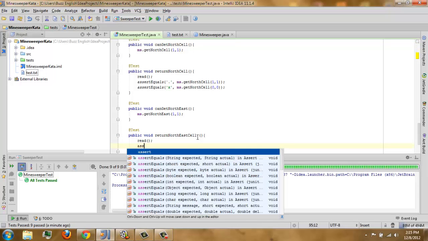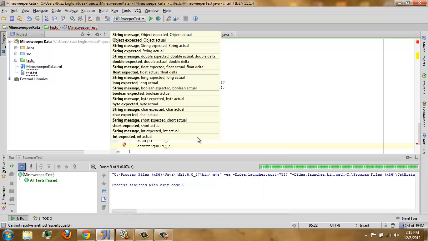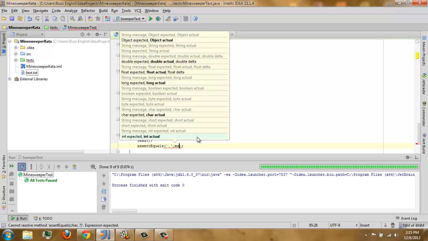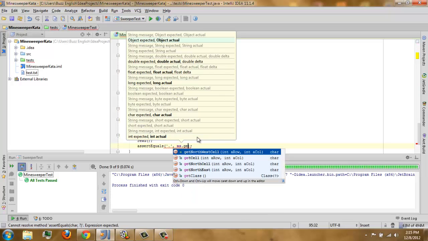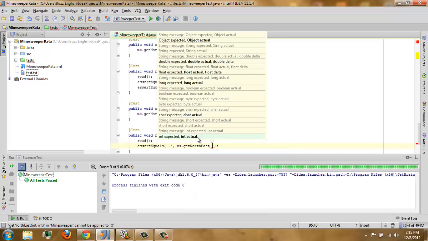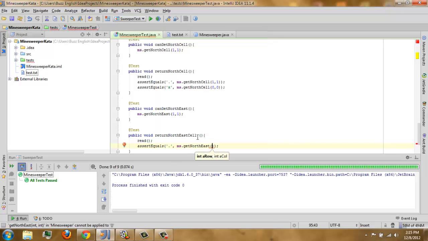We're expecting our 1 1 to have a neighbor at northeast. So ms dot northeast. Run this.